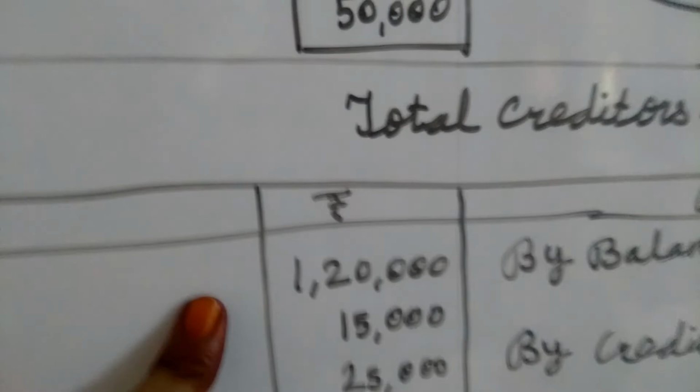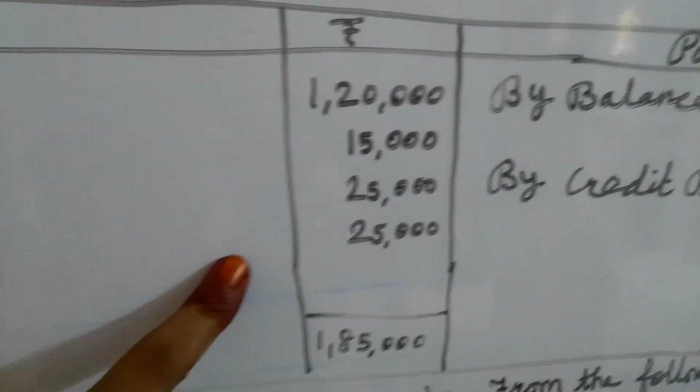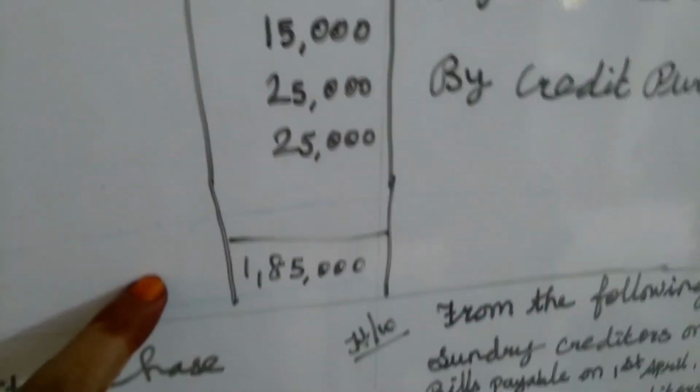We already prepared the sundry creditors value through the bills payable account. That balancing figure we bring here also, because then alone can we know the sundry creditors value. So this amount we carry to the debit side. Sundry creditors 25,000. Here we write it as to bills payable. In the bracket we wrote sundry creditors, how much? 25,000. So we carried all the items from that sum. Now you add all the debit side items: 1,20,000, 15,000, 25,000, 25,000, right? If we add these four, we get 1,85,000.